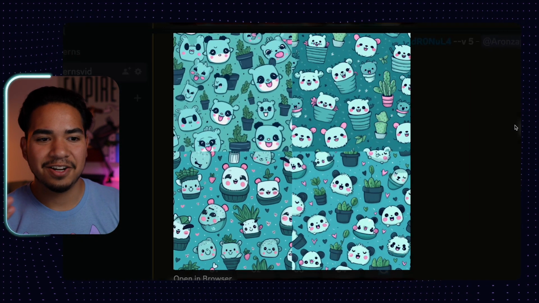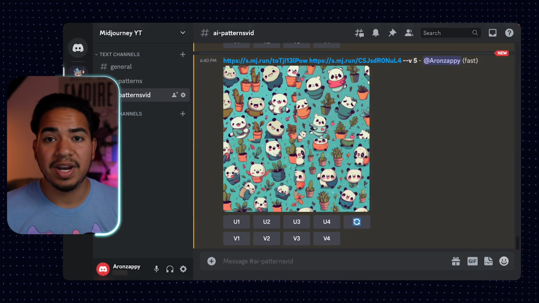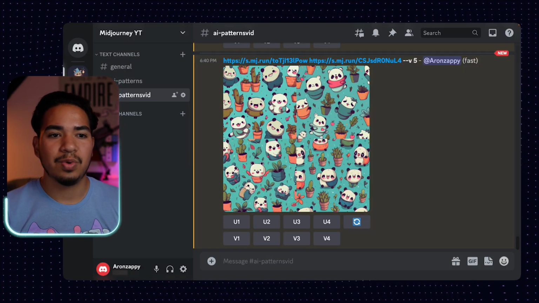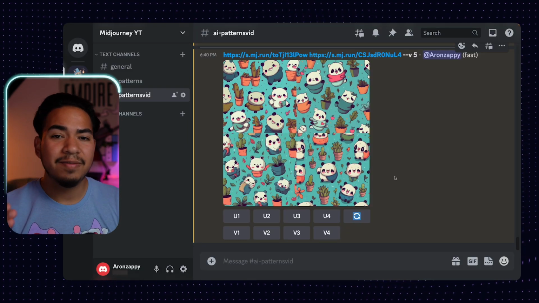So here's what we get from blending those 2 images. Now, honestly, this is kind of crazy. You can see pandas growing out of the pots. I do kind of like the pattern though. I went ahead and combined 2 other images, and this is what I got. So as you can see, there's a ton of advanced Midjourney tricks. I hope you guys enjoyed some of these, but let's go into how we can actually start selling these on